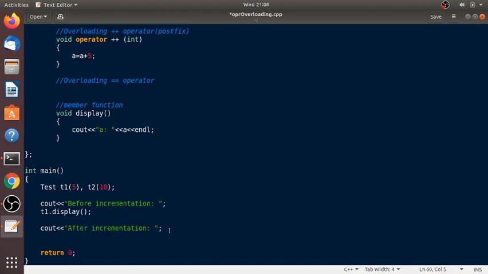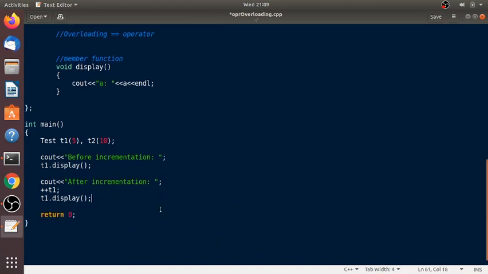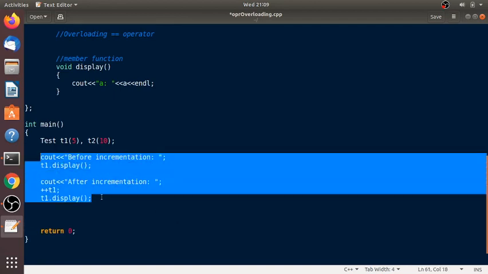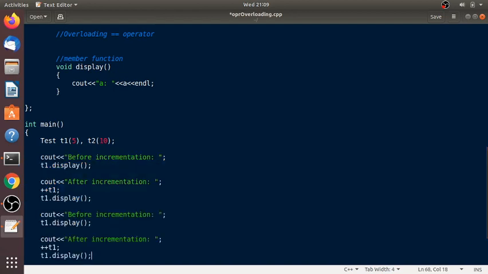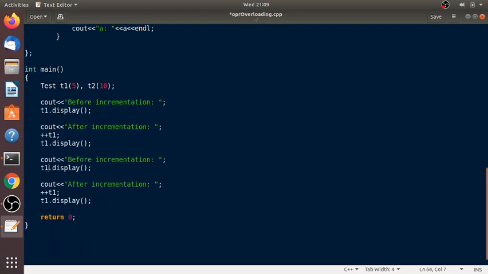So perform the plus plus incrementation on t1 and simply display the incremented value. This is for the prefix incrementation. Now for the postfix incrementation, we are going to take this t2 object, t2 plus plus, and display t2.